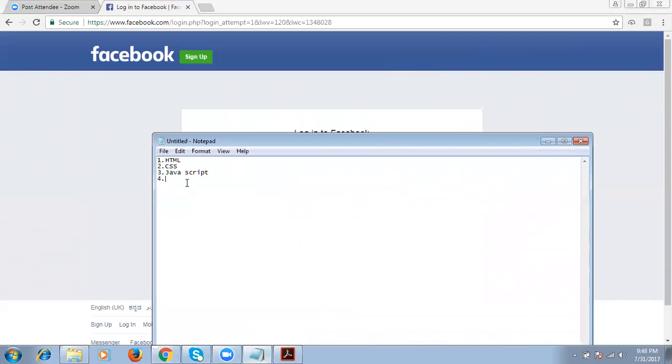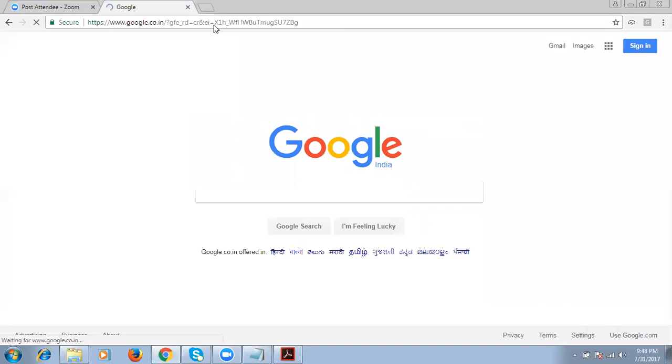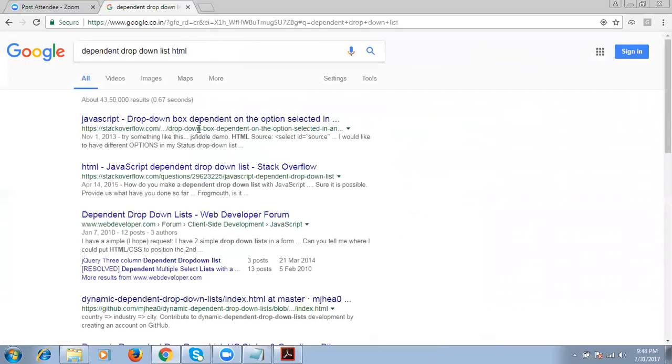Also, we have a concept called Ajax. I think it is there in .NET also. For instance, you will see when you are trying to register for a job in Naukri or Monster, correct? You see dependent drop downs. Dependent drop down means, for instance, the first drop down has all the country names like India, US,